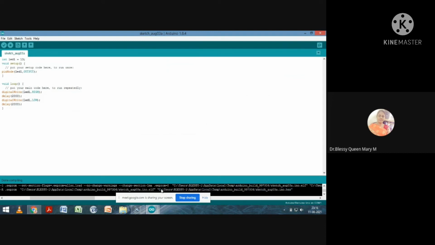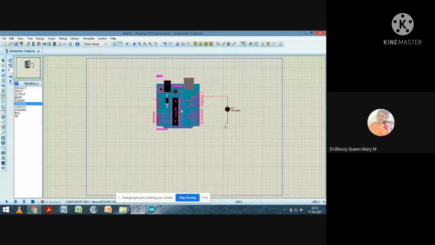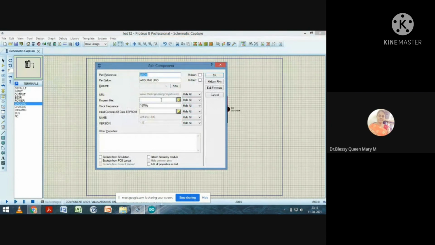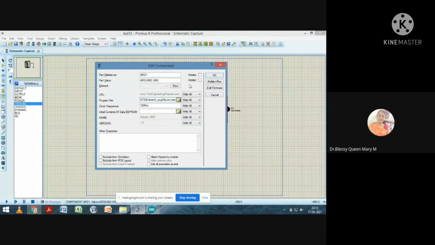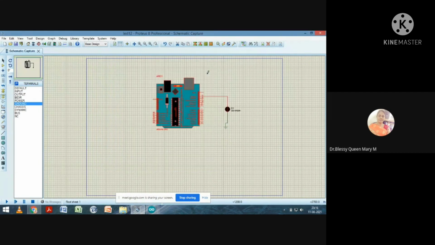You have to copy this URL, then go to the Proteus screen, double click Arduino Uno, and in the program file you have to paste this. Click OK.